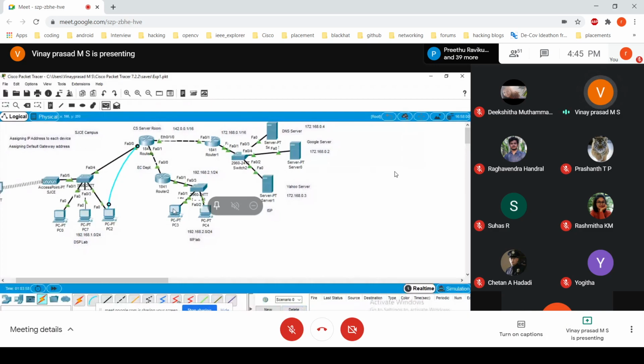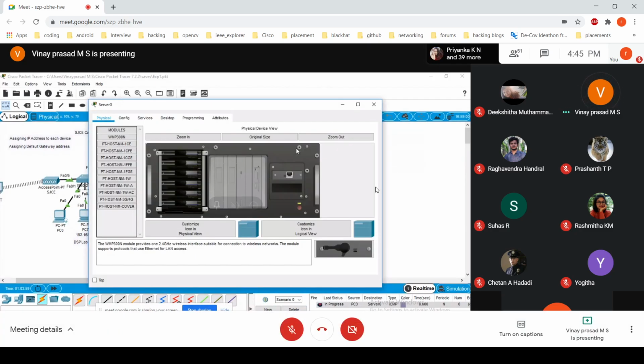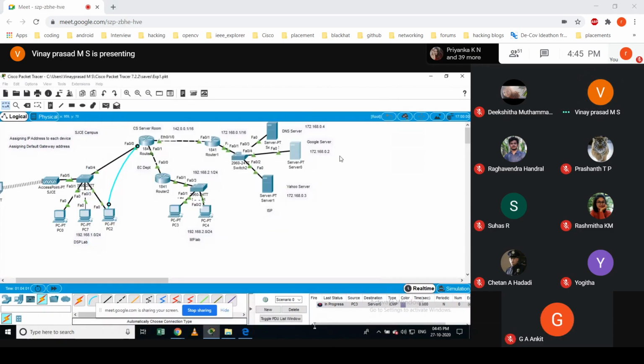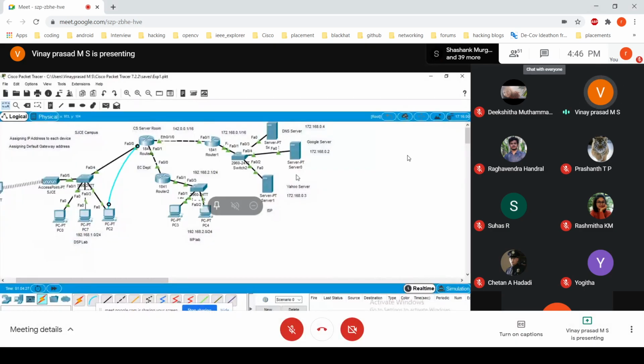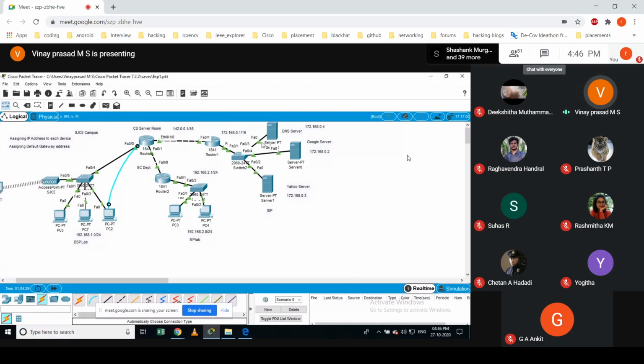I'm still not able to do this. Okay, I'll try with some other network. You just keep doing it. If you're not able to ping, you check and troubleshoot what is happening. You have to check whether this router is able to run, because in my network this router is not able to run, as it is not properly loaded. If I reboot this, I think I would be able to ping, or reach from any network to any network.